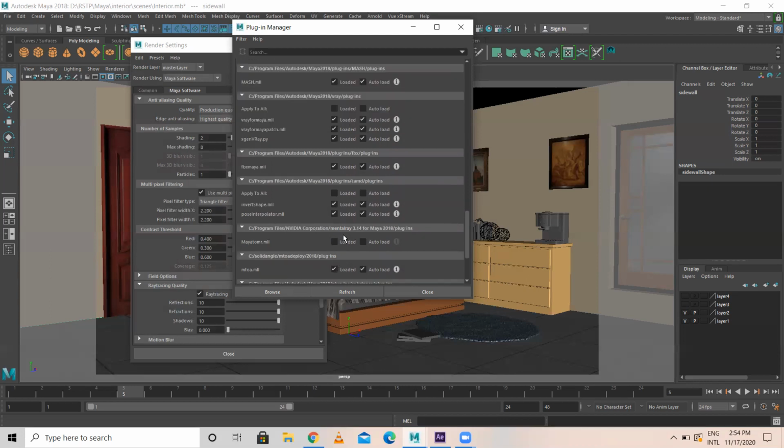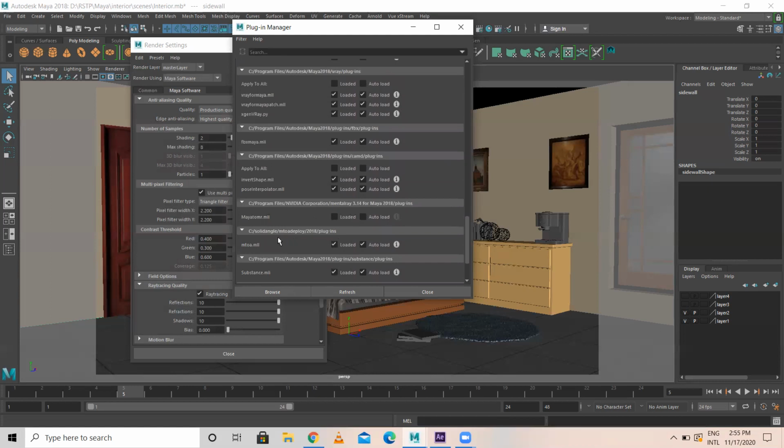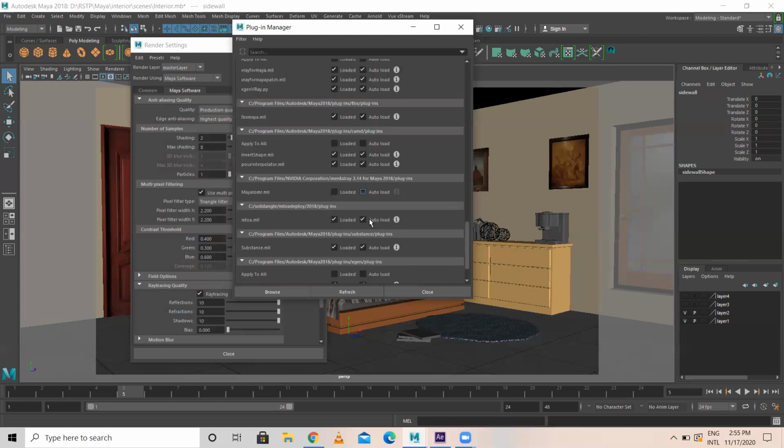I have turned on this. Come over here. See, MtoA, Solid Angle. Arnold is from Solid Angle. Here you can see MtoA or Solid Angle MtoA will be there. You have to turn on this. When you turn on, automatically Maya Arnold will come.